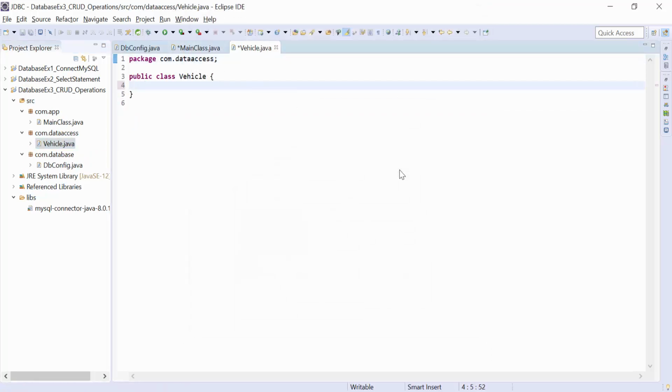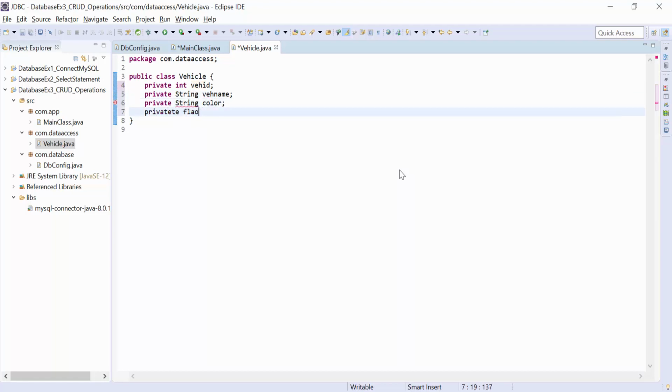And in the Vehicle class we create some variables like integer vehicleID, string vehicleName, string color, then float fuelCapacity, averageSpeed. Create a constructor to add data.